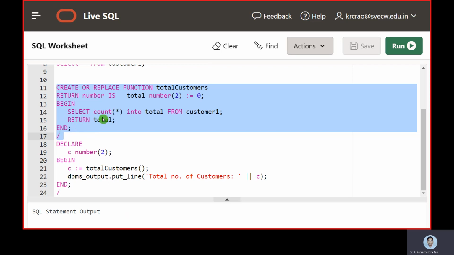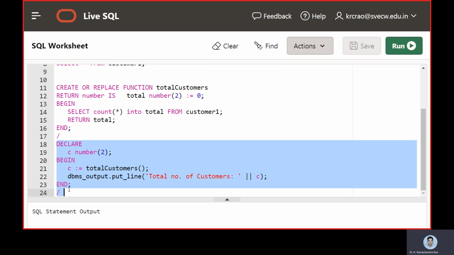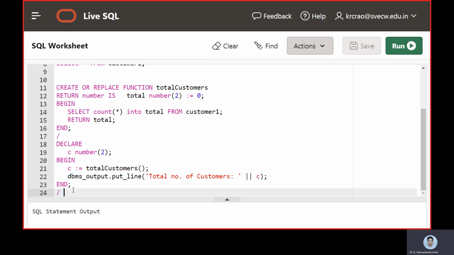There we are writing the select command computing the count function and moving it into a variable called total, from the customer table. Now this declare, begin to end is the main body, and we are calling the customers with the package name followed by the method.